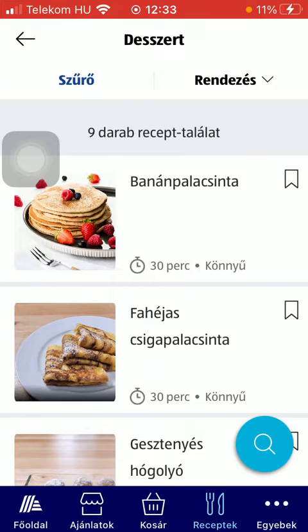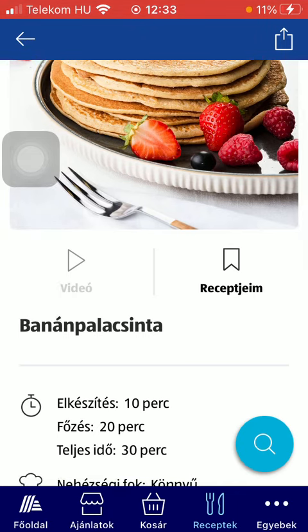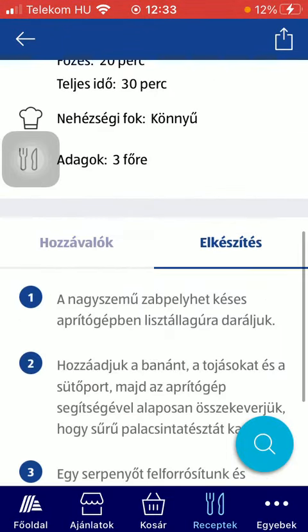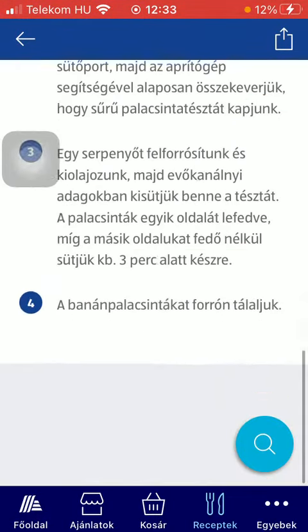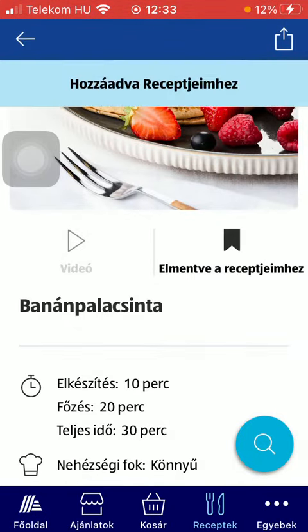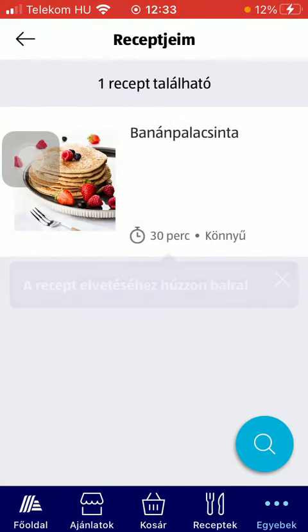If you want to, you can add filters. If you want to, tap on the recipe and here you can check out the video if there is any attached to it. You can check out the ingredients and how to make it. Then if you want to add it to your recipes, click on this bookmark icon. So if you tap on the three dots icon and tap on my recipes, you are going to find the added